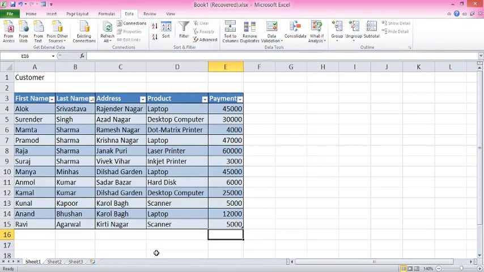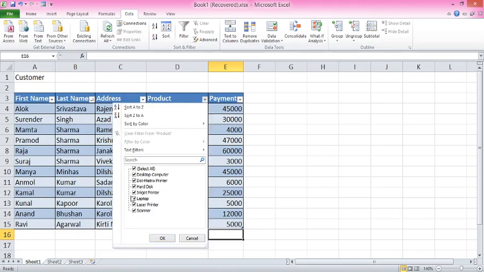Next is how to filter the data. Suppose I want only a few people, those who have purchased a laptop. So this is the filtering criteria that is given here. You just need to uncheck the rest of the options that you don't want on the screen. So I am unchecking all the types of product, leaving out laptop.